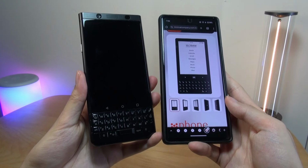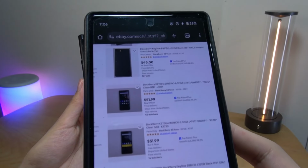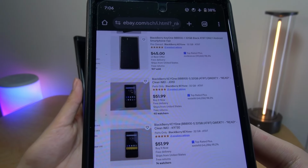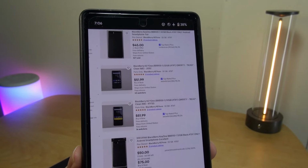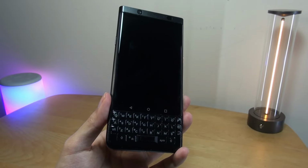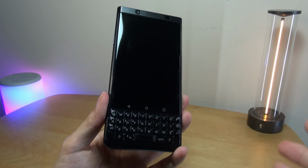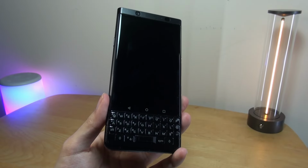It definitely seems like an interesting value proposition because you can now find the KEYone used on sites like eBay, for example, for just around $50 when shopping around. And although used, it is in fully functional condition, and it's 10 times less than one of the newer Minimal phones. And so it seems enough time has passed that maybe many folks have forgotten about the existence of the KEYone, which is why the price, again, is finally starting to come down into kind of that budget bargain territory